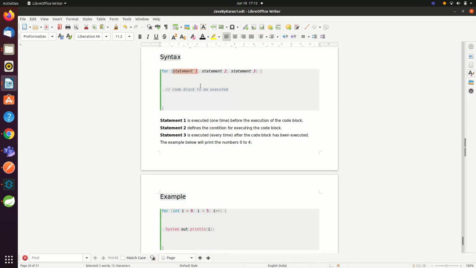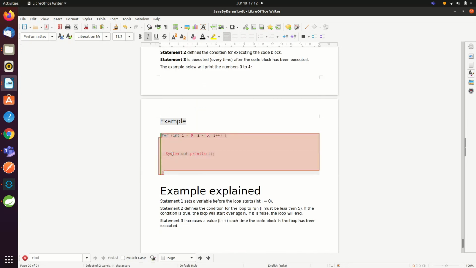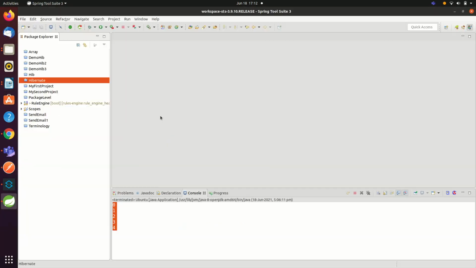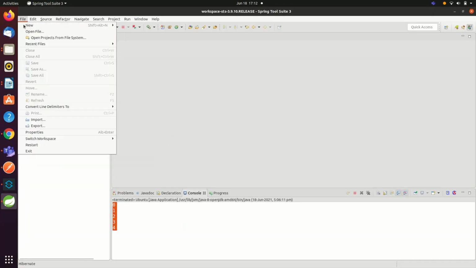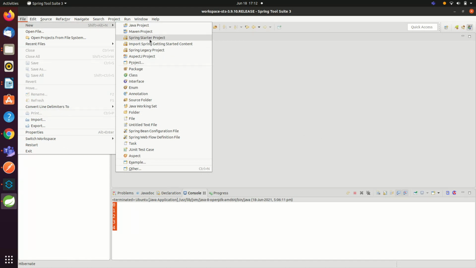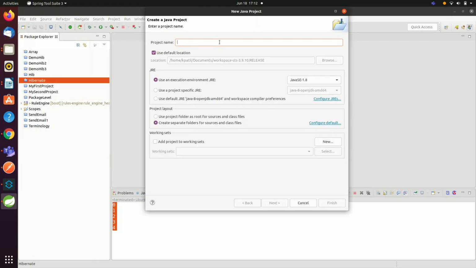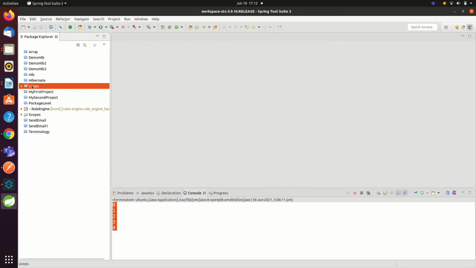Alright guys, below you can see the example for loop, int i equal to 0 and so on. We will see it directly practically in STS, that is Spring Tool Suite. Let's create a new Java project. I will give the project name as loops. Under loops we have a src folder.